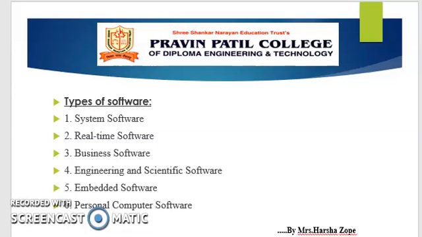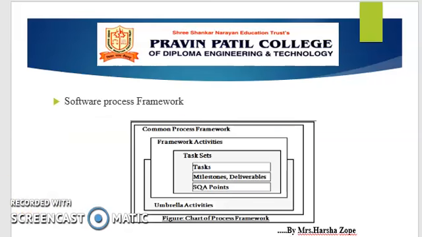Sixth is personal computer software. Word processing, spreadsheets, computer graphics, entertainment, personal and business uses, database management applications, external networks. These are only a few of hundreds of applications. You can take the example of Microsoft Word and Excel. That's all about the types of software. Okay, then next we have to study